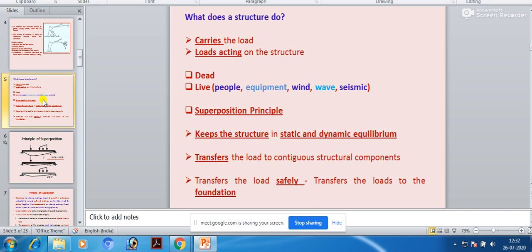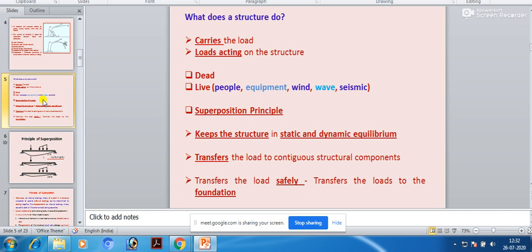So the beam needs to take the deformation of the dead load as well as the deformation coming from the live load, and the total deformation you need to calculate,